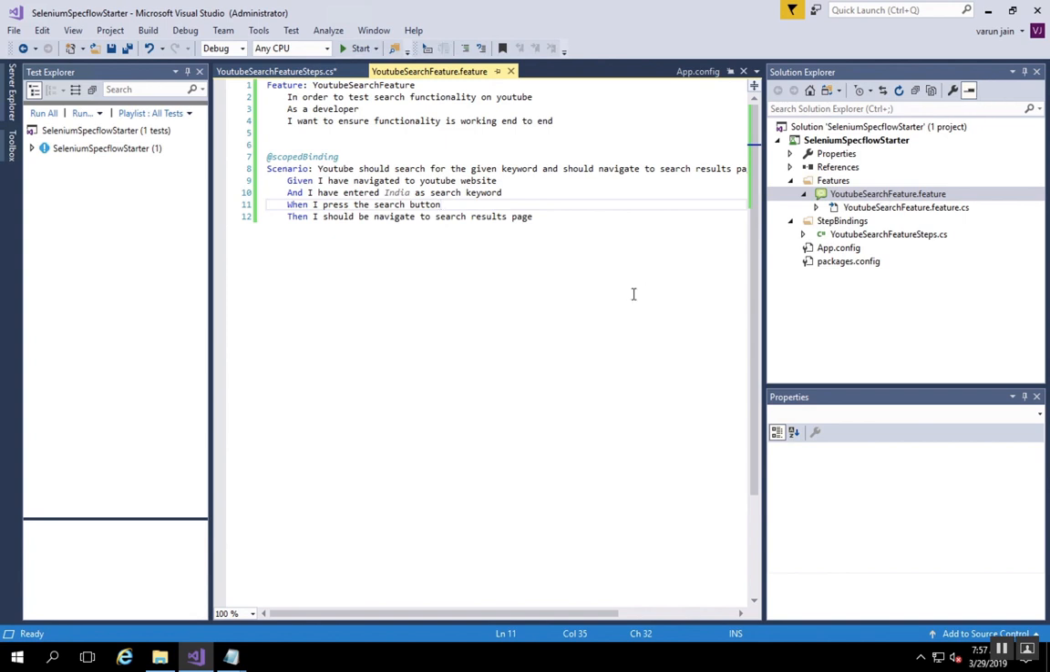So it says the scenario is YouTube search for a given keyword and should navigate to search results page. That is the assertion that we'll do. And if you go through the scenario, it says that given I have navigated to YouTube website, I entered India as the search keyword. When I press the search button, then I should be navigated to search results page. Now if you come to feature steps,